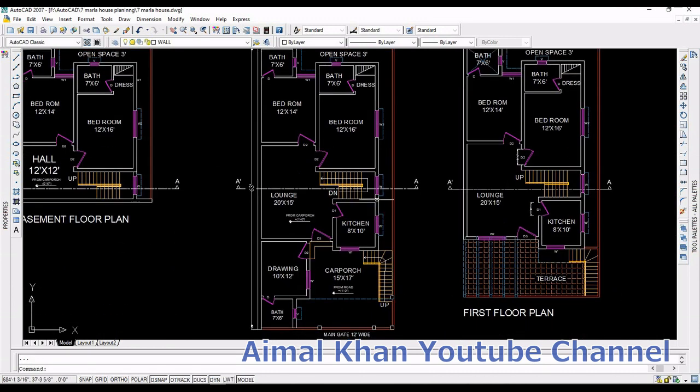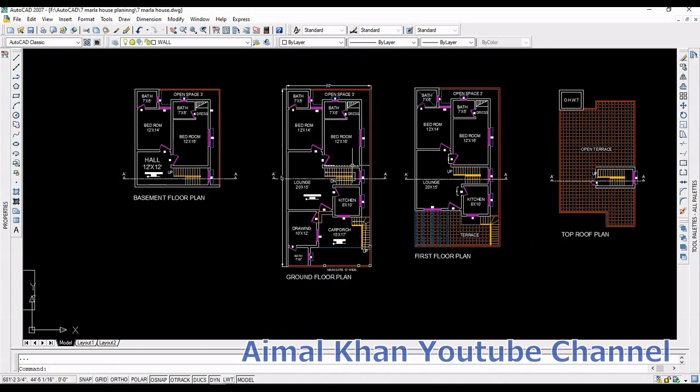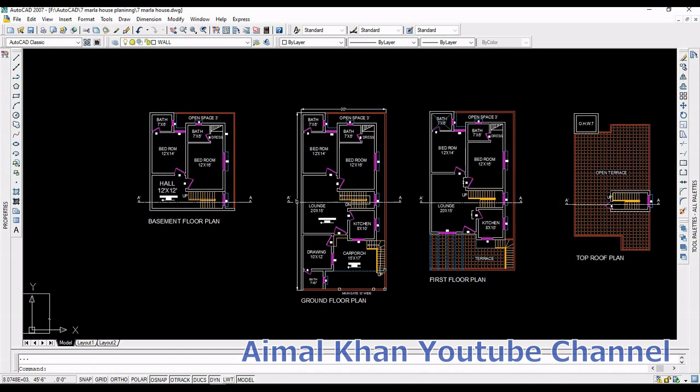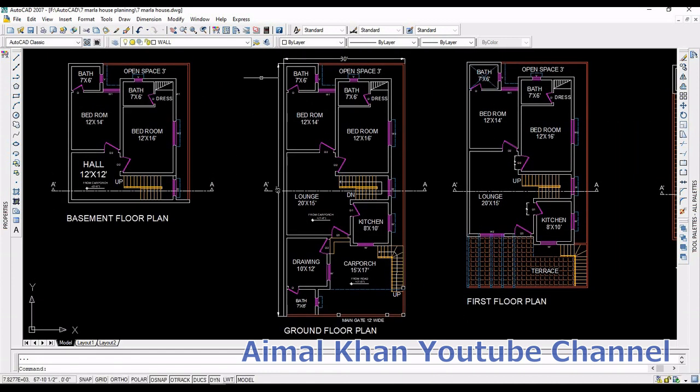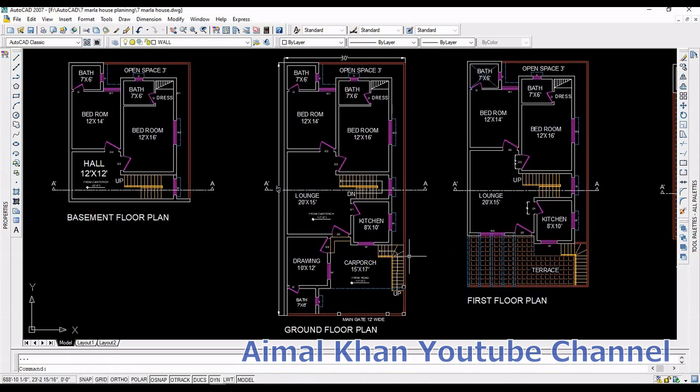3 feet wide up to here. You can also work here. So this is a very ideal ground floor plan. You can also take a screenshot of it so that you can practice. I will also try to make it again for you guys and upload a video on how to construct it and how you will draw it. So this is a short explanation about the ground floor, which is a very ideal house, 30 by 63, which we call